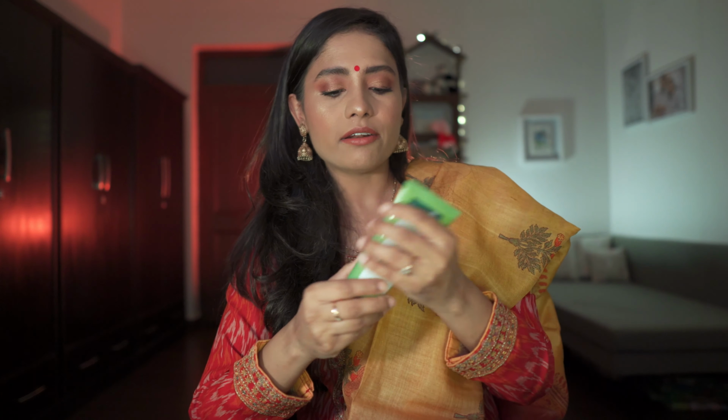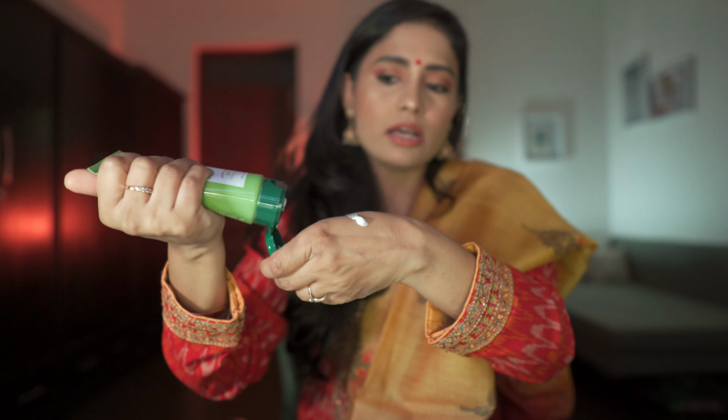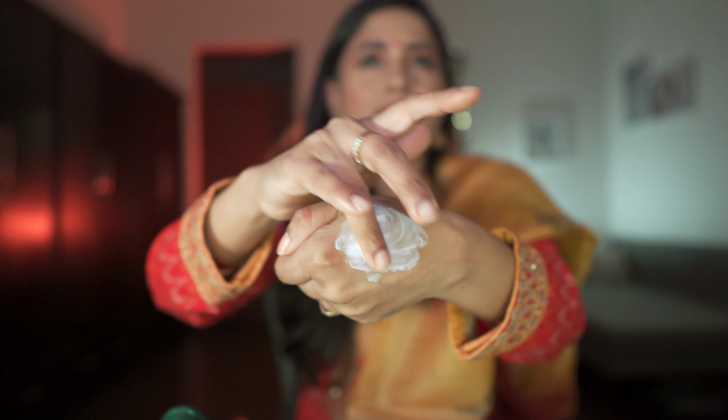It has a very creamy, moussey texture. I'm going to show a little bit on my hand over here, and you guys can see it has a very creamy, thin, lightweight formulation. So even after applying on your face, it does not dry out to the point that it's going to make your skin parched. And in fact, all the face masks that I'm talking about, these are my top